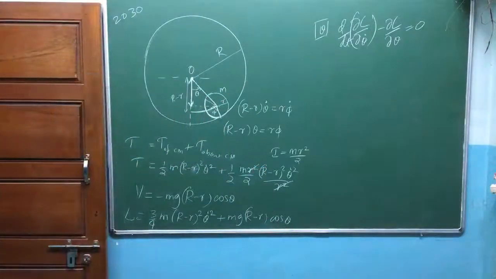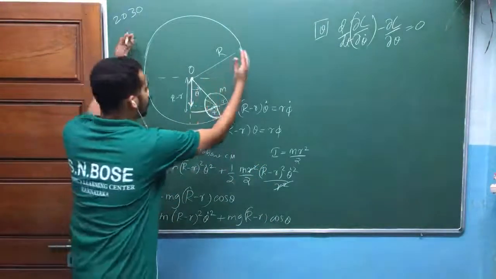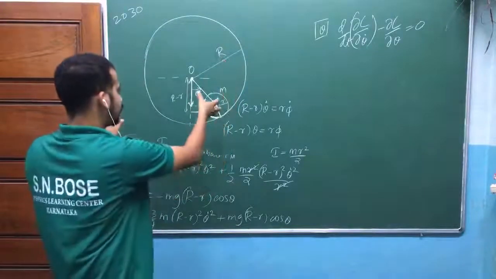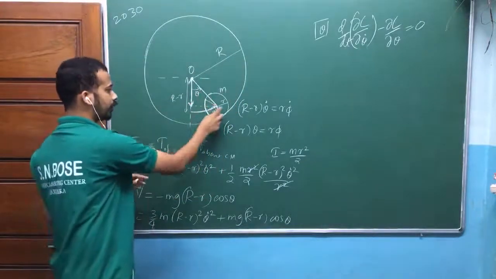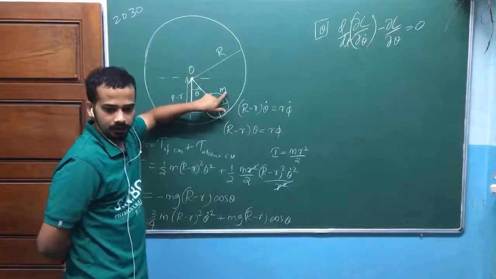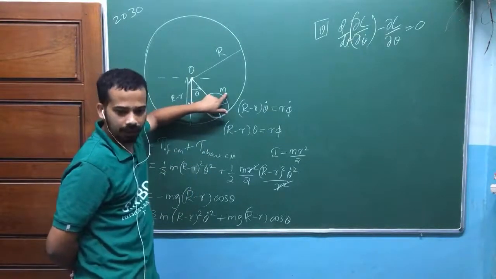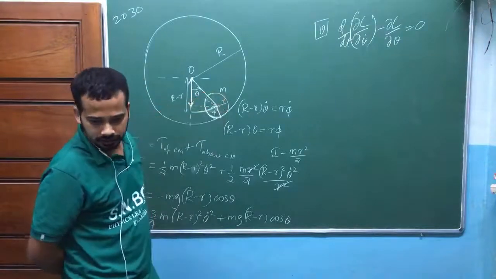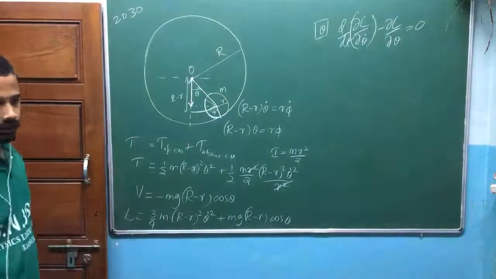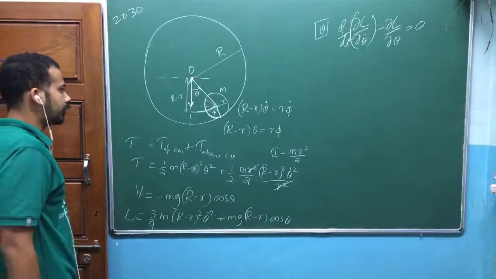The length of the cylinder doesn't matter. This is a big hollow cylinder, and this is a small cylinder. The length of the cylinder doesn't matter. We have taken mass. Length would decide the mass, or mass would depend on the length, am I right? It is not needed, definitely. It doesn't depend on that.